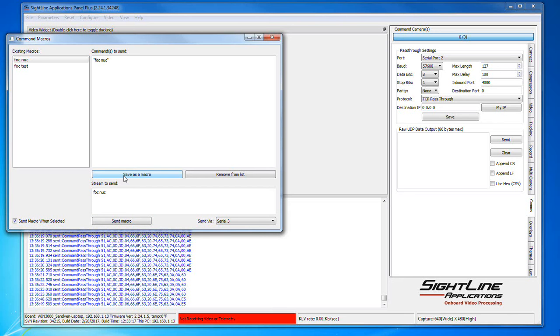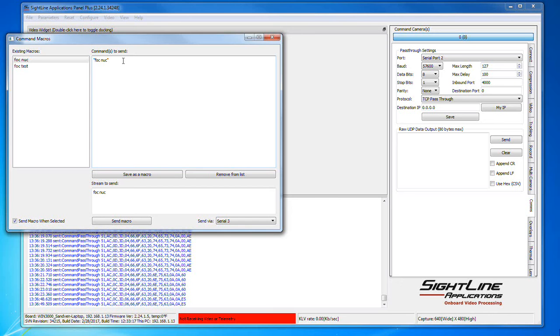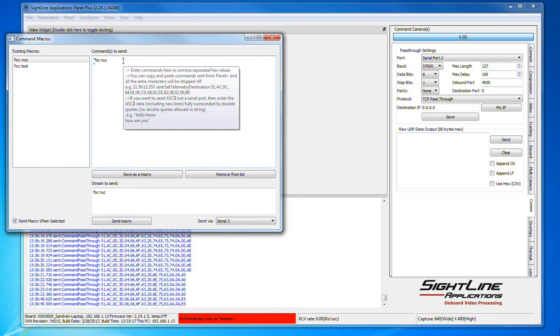I think that's really all you need to know. Whenever you do an ASCII command like this, I do a carriage return at the end, so you don't have to add that. If you wanted to bundle up commands like FOC nuke, FOC auto, it would